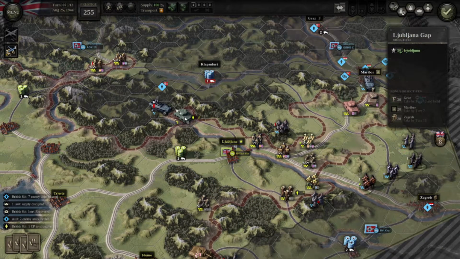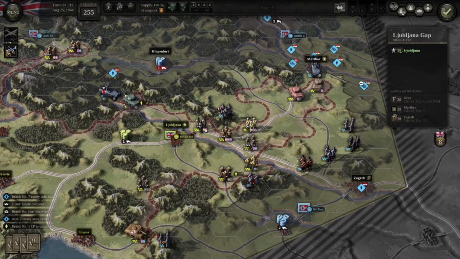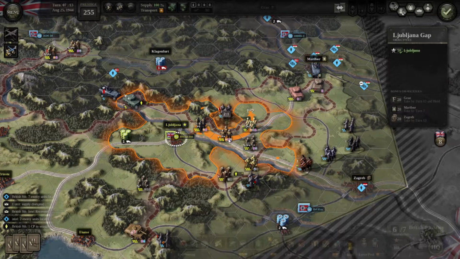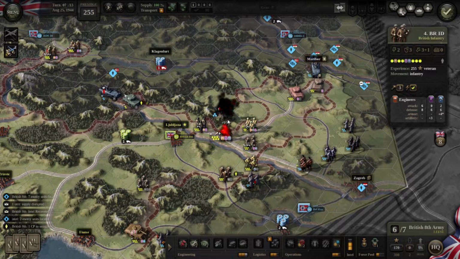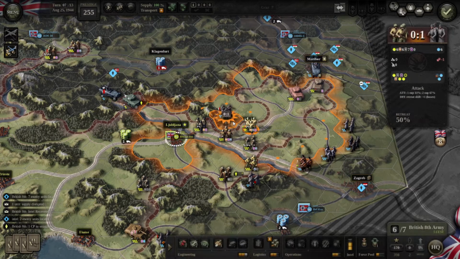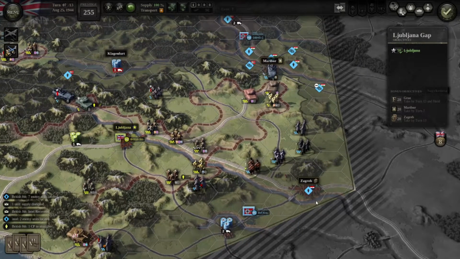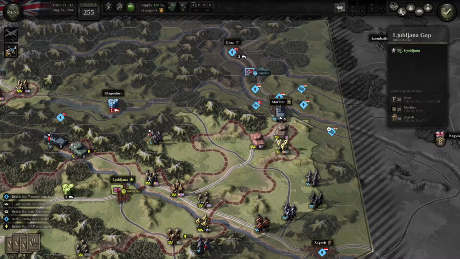Oh, wow. Ow. Jeez. Oh, wow. Ah, yeah. Alright, we're gonna try to knock these Croatians off. Out of these hills. Hey! Our Green Mountain Boys have leveled up. Join the advance there. I guess we should take Zagreb first, but we were...